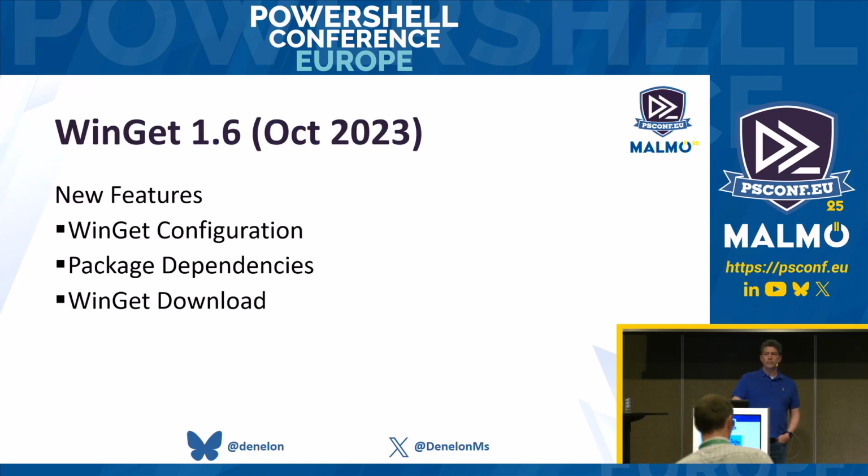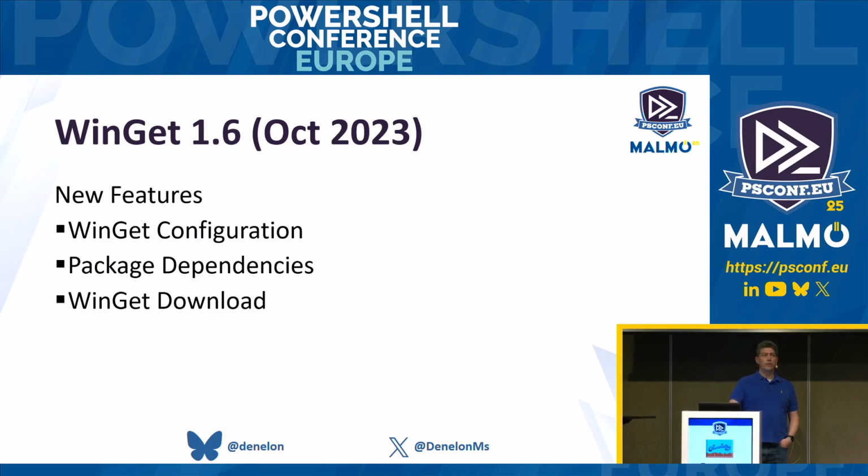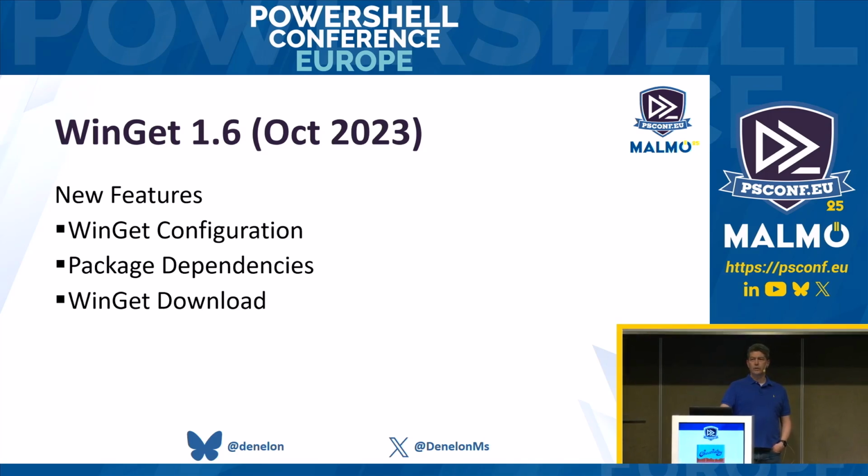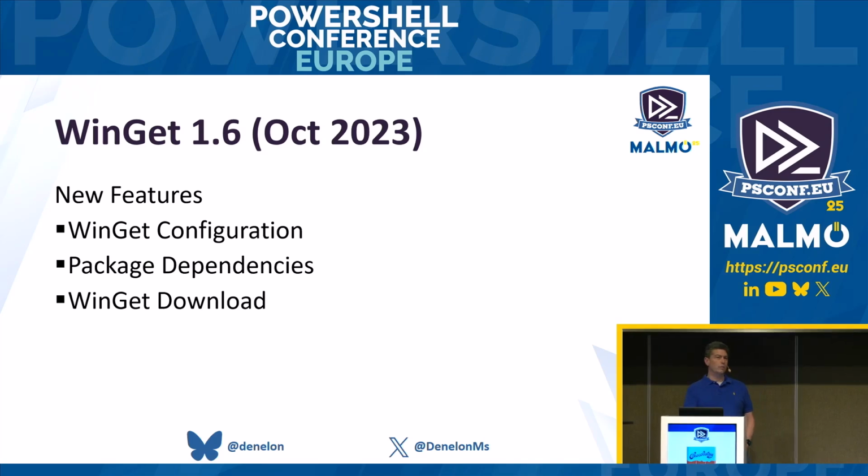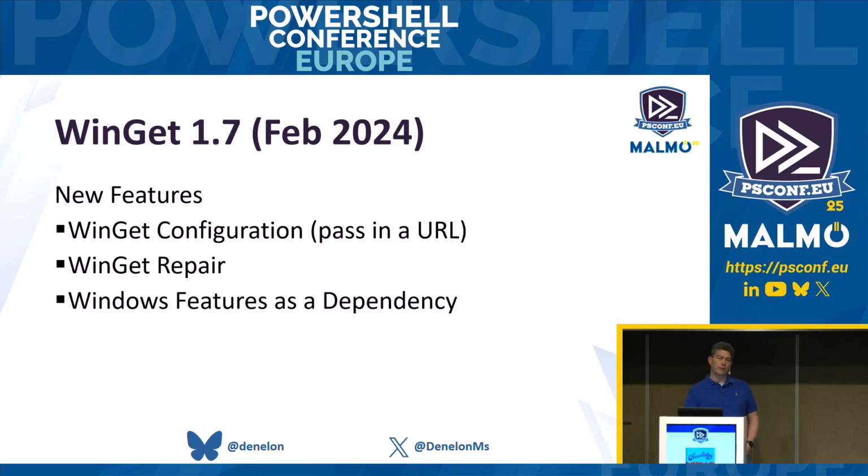So I'm going to cover a little bit of what's happened since we've done the last few releases. So in Winget 1.6, the new feature was configuration. And we knew that we couldn't do configuration management without a reliable package manager. So the main thing that was needed was support for dependencies. And that feature also included downloads so that you could just download the installers to work with some offline types of connected environments.